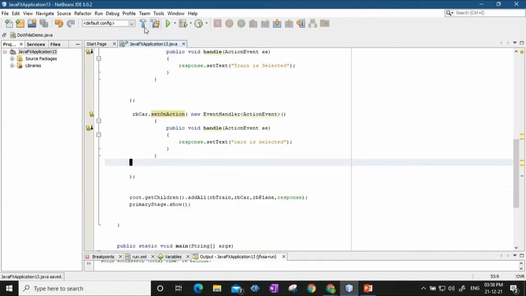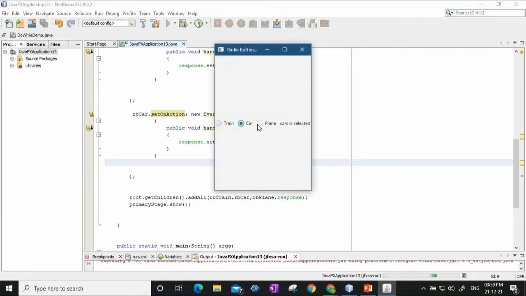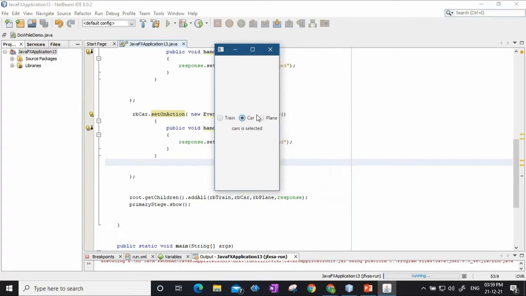So when you save this and run, as you can see here, now when I select car, it will show that car is selected. Train, it will show that train is selected, and for plane I have not yet written the action event.